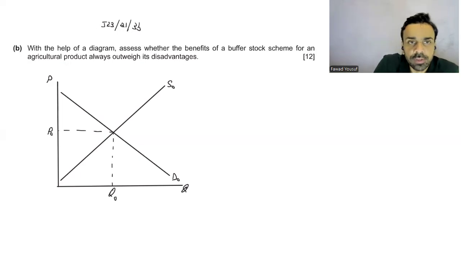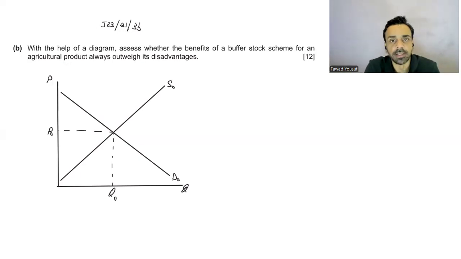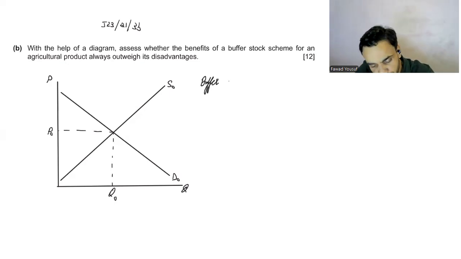So the first thing that we should, other than the diagram, I think this is how I would have started this question. सबसे पहली बात यह है कि buffer stock, what is buffer stock? What is the purpose of buffer stock, right? So the first thing we want to mention about buffer stock is that the prime reason why buffer stock is imposed is so that you can maintain the price fluctuation in a particular product market, जो इस केस के अंदर agriculture market है.